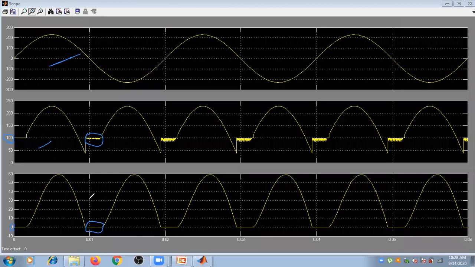But according to our theory, we don't have any discontinuous mode of operation, so we have to make this converter work in continuous conduction mode. So I want to change the values so that this converter works under continuous conduction mode. In discontinuous conduction mode, you find this type of output voltage and this type of current. Here the current comes to 0 in discontinuous conduction mode, whereas in continuous conduction mode it won't be 0. So now let's see the continuous conduction mode of operation.